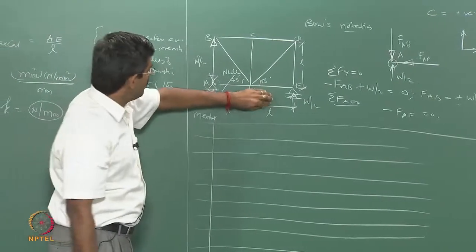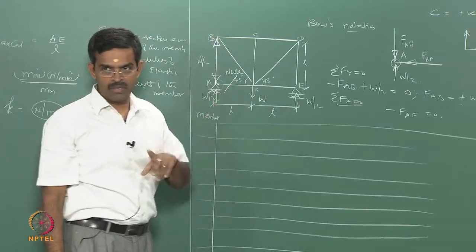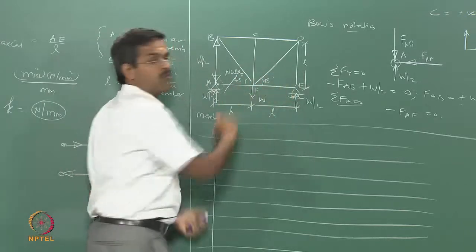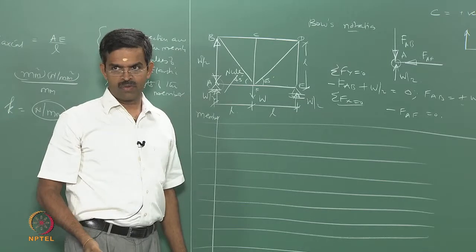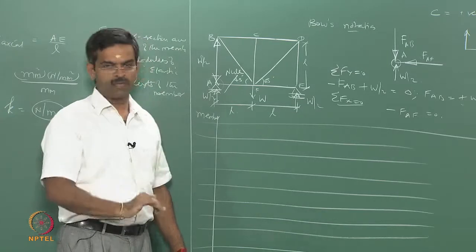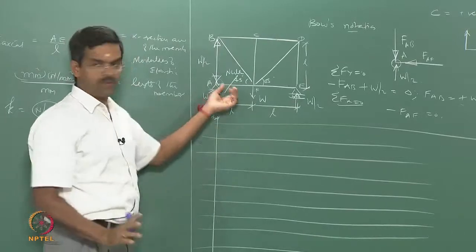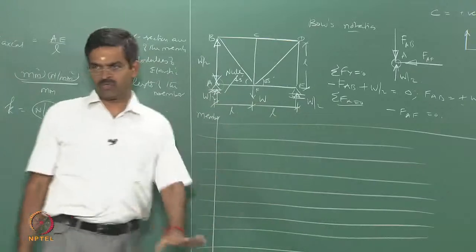If we remove this W and suspend W somewhere here or here, then this may not be a null member. Number 1. Number 2, the arrangement of members not only takes care of forces, but also establishes stability in the given system. Okay, we will not move further on mechanics, we will stop here. So, you cannot remove this member. What we are interested in is whether this member is a null member, which means it does not carry any force for the given arrangement of forces.